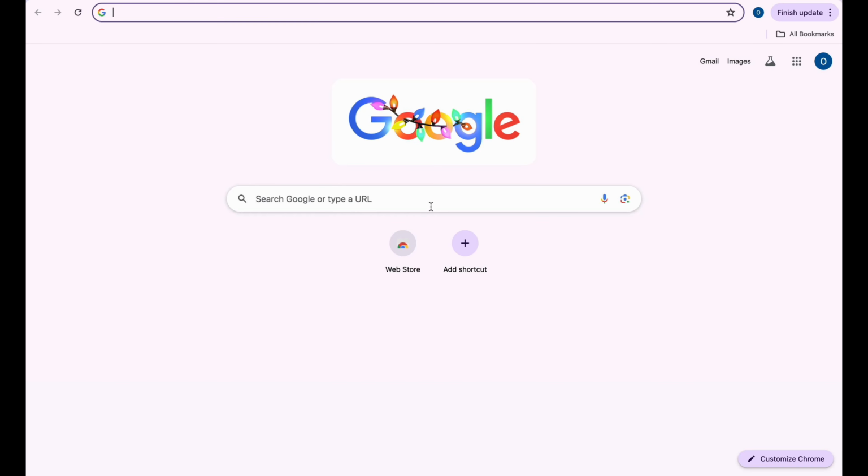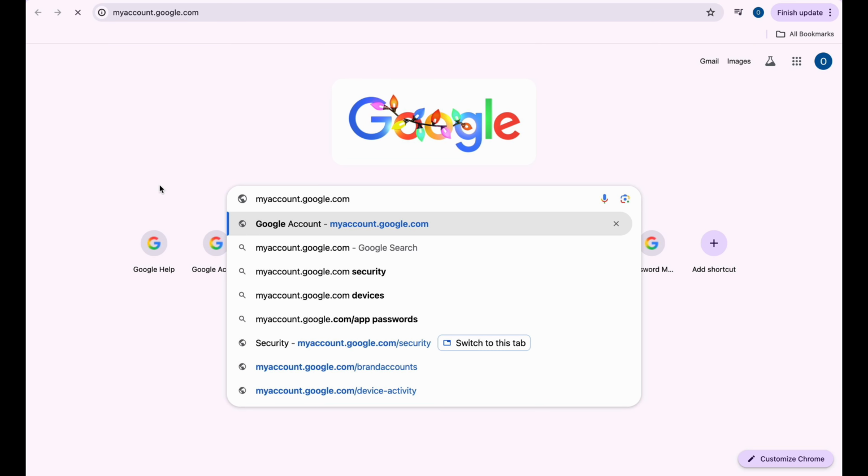Here's a simple step-by-step guide to manage all devices connected to your Google account. Start by opening the Settings app on your phone. Scroll down and tap Google, then tap Manage your Google account. You can also do this on a computer by visiting